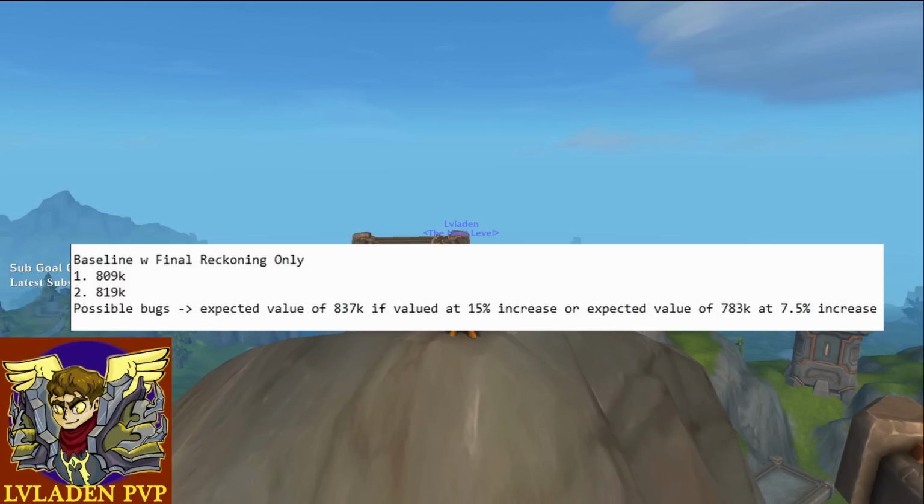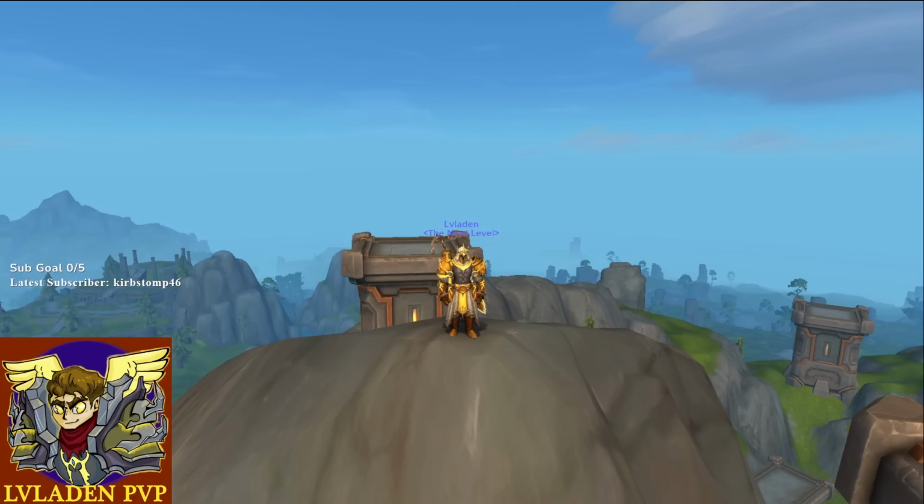The expected value would be 837k valued at 15%, or an expected value of 783k at a 7.5% increase, because technically Hammer of Light is an AoE spell. It's not a single target spell. So this means that Final Reckoning might be increasing Hammer of Light somewhere between the 7.5 and the 15% value. But I mean, numbers vary in this game. There's always, I think, something like a 5% variance. So I can't tell for sure, but it does look like it's a little bit closer to the 15% increase